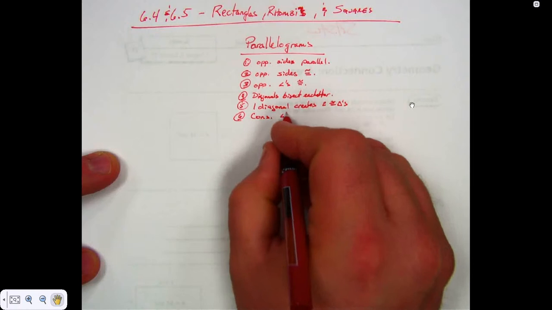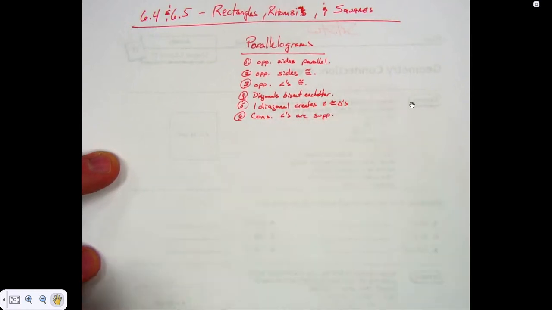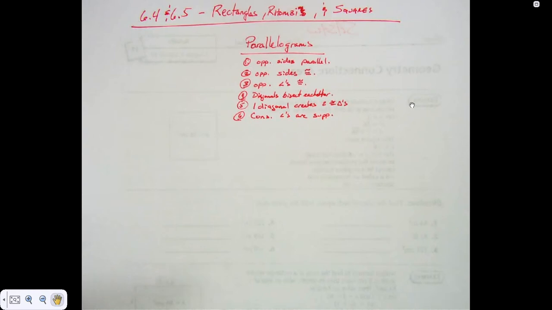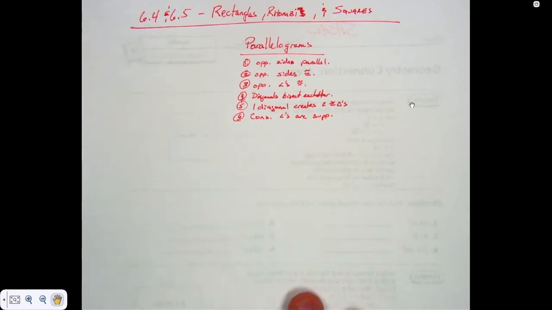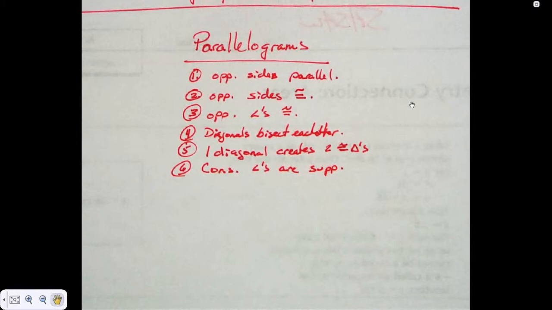Consecutive angles are what? Is that good enough right there? Yeah. Is that everything? By saying it's a parallelogram, I'm saying all these are true, right? Wasn't there a seventh one? Yeah,